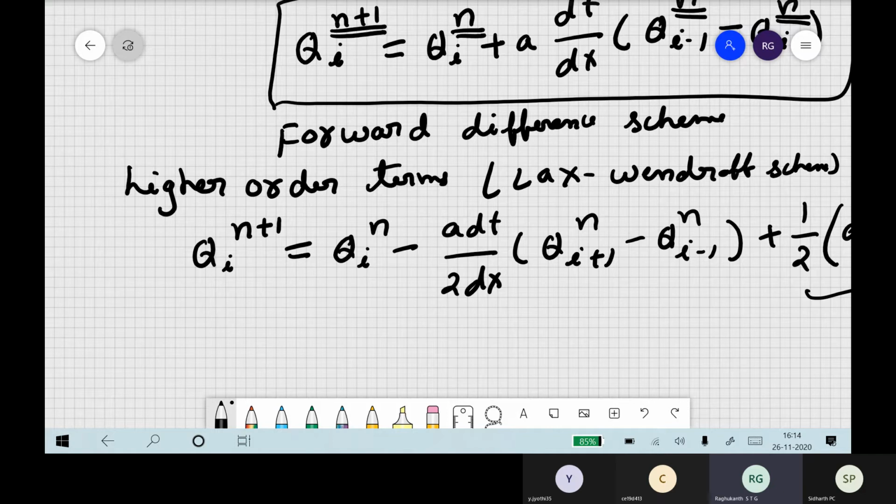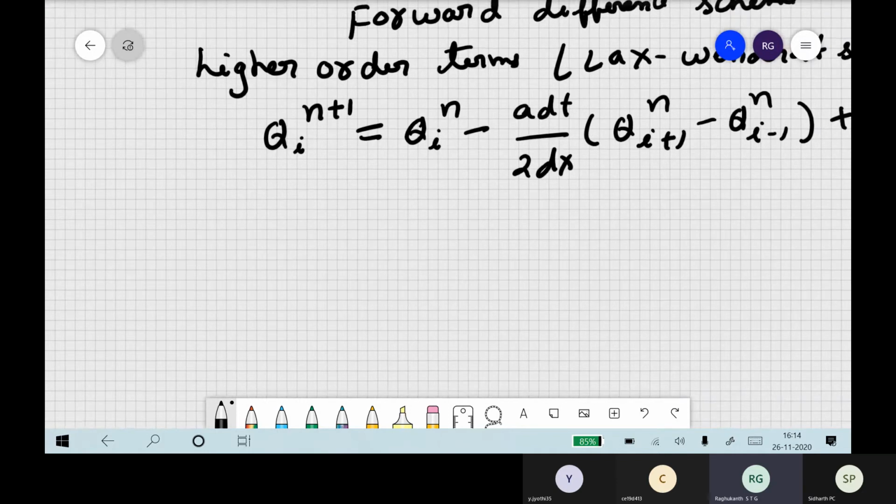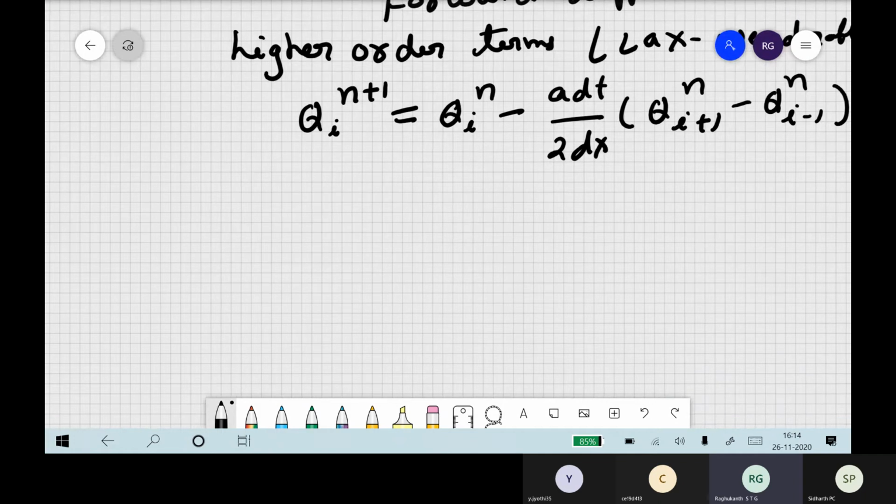Based on that, it collapses to our conservative equation, and finally you replace the quantities with the cell averages. Automatically you get once again this type of set of equations, which you can use and solve. So the same thing you can also derive from the conservation laws. There are several schemes available. It is just an alternative way; you will get the same thing from the conservation law also.